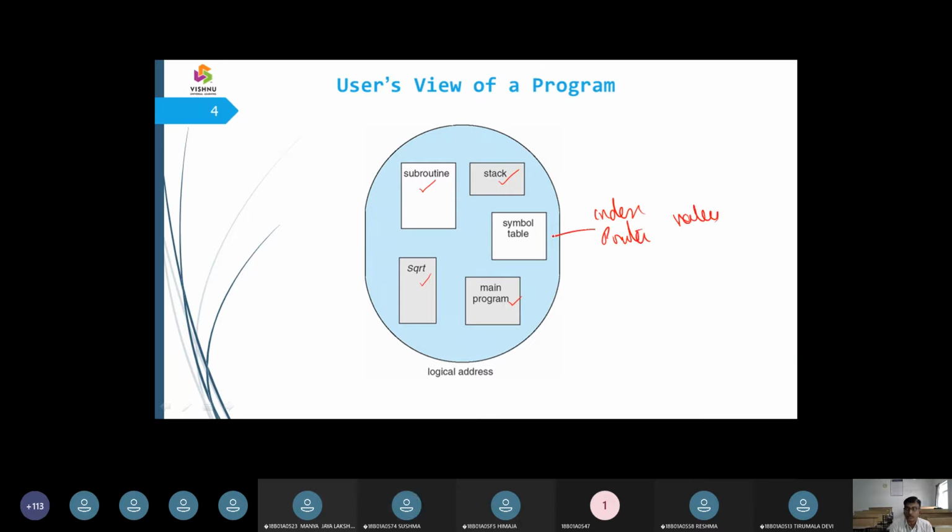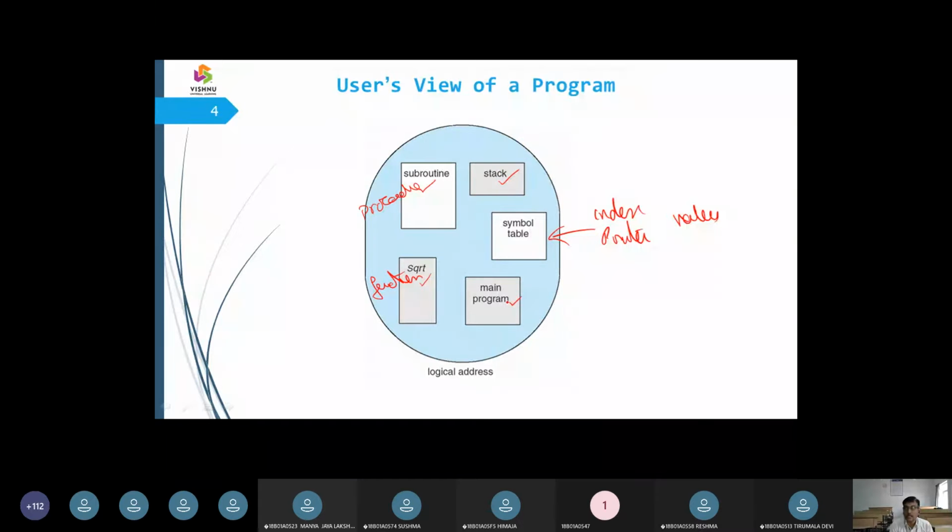We have this symbol table here, right? We have a subprogram, I can say some procedure here. Then I have a square root which I call a function here, and I have a main program. To execute the program, we have the stack segment.